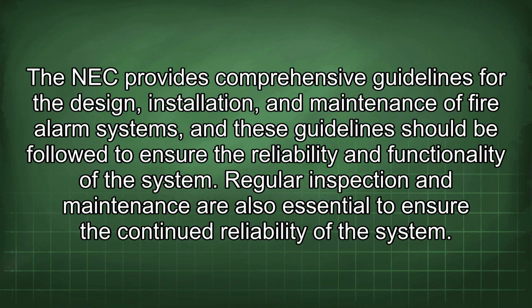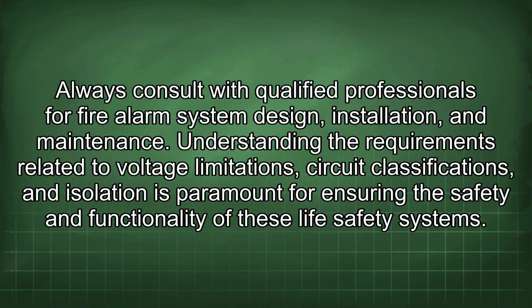The NEC provides comprehensive guidelines for the design, installation, and maintenance of fire alarm systems, and these guidelines should be followed to ensure the reliability and functionality of the system. Regular inspection and maintenance are also essential to ensure the continued reliability of the system. Always consult with qualified professionals for fire alarm system design, installation, and maintenance. Understanding the requirements related to voltage limitations, circuit classifications, and isolation is paramount for ensuring the safety and functionality of